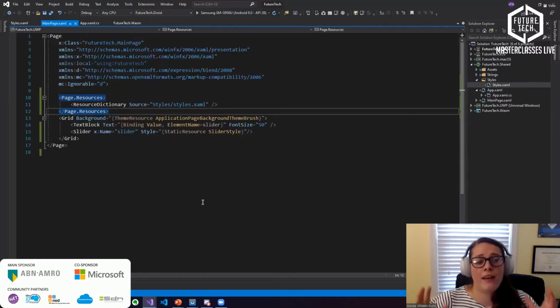I also want to point out that none of this code is Uno specific. This is all XAML and C#. These are all things you don't need to learn for Uno. They just take tools you already know and love and apply it to other things. So that's pretty cool.